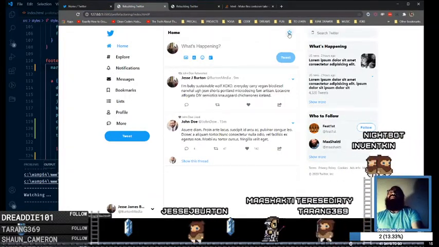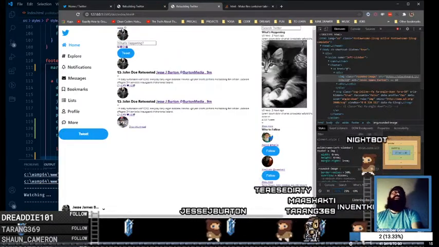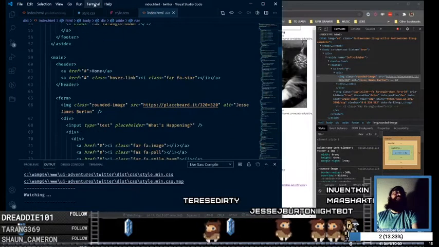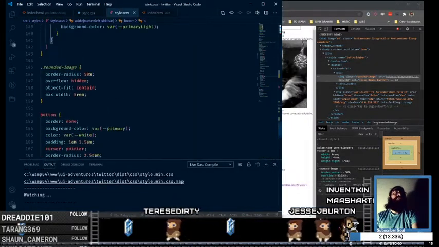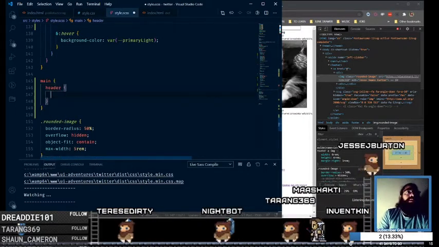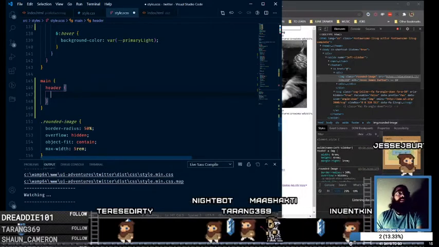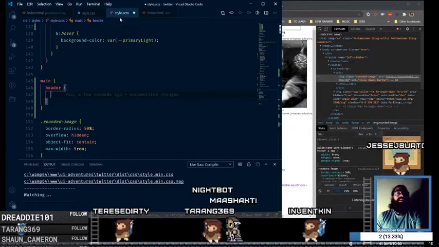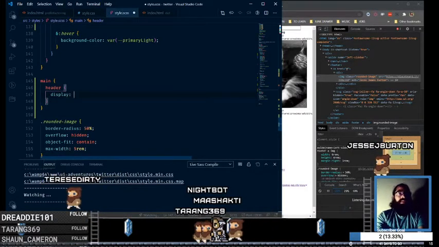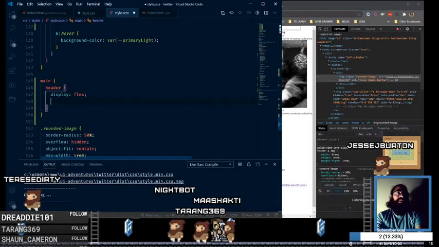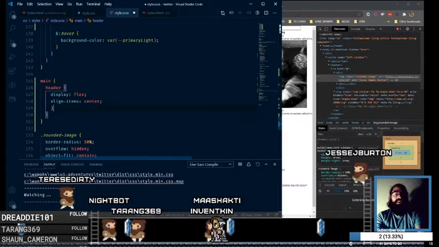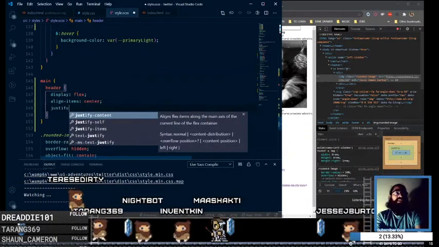So we've got our header here, and it's got this little icon in there, so let's get that started first. What is our markup on it? So we have our main and we have our header, so let's do that. So now we are styling our main and a header within there. And we're able to do the nested classes only because we're doing SASS, not CSS. So this is going to be a display flex. It's going to be align items center and justify